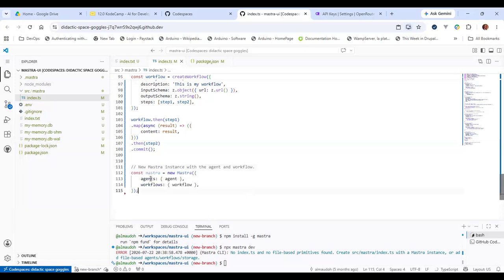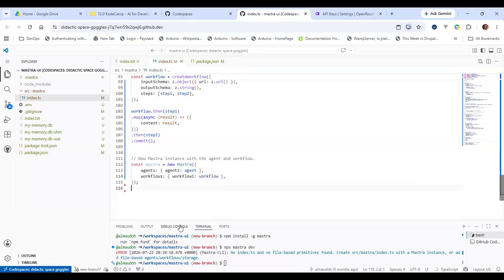Then you specify the agents that you want to have in there. Right now, I have just one agent, so let me call that agent one, and the value of that agent is agent. And I also have one workflow, so let me call it workflow one.